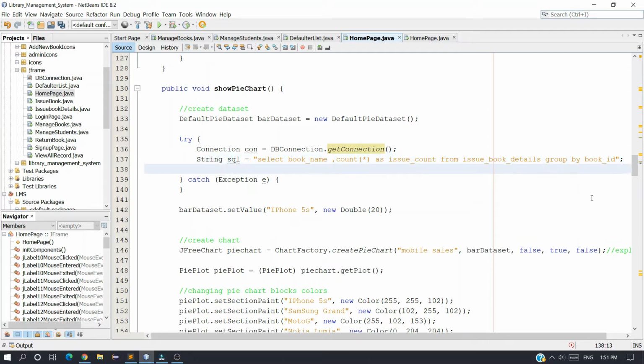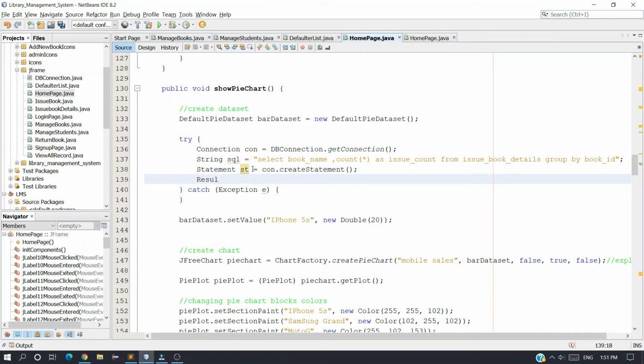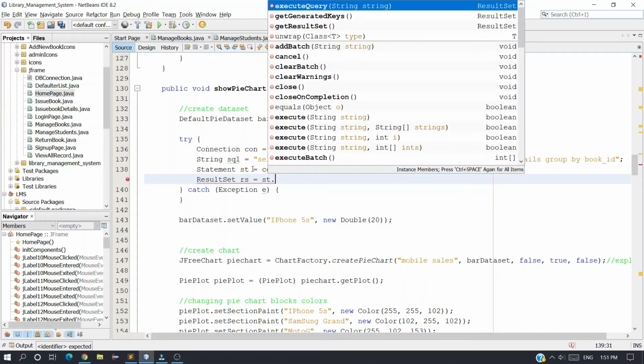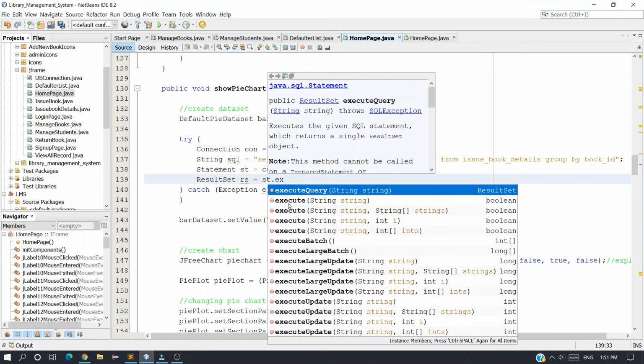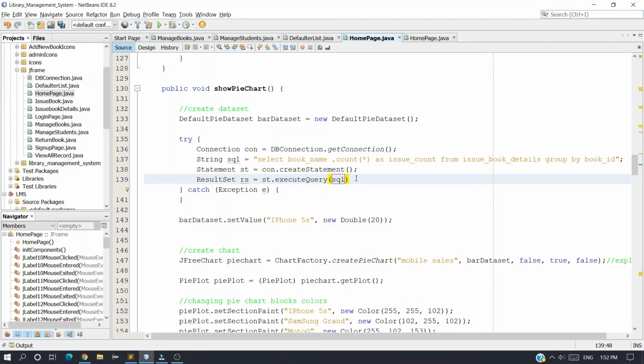Okay, now create statement object, because here you can see we don't have any placeholder, so we can simply use the statement st is equal to con dot create statement, and simply create a result set. rs is equal to st dot execute query method, because it's a select statement, and SQL.